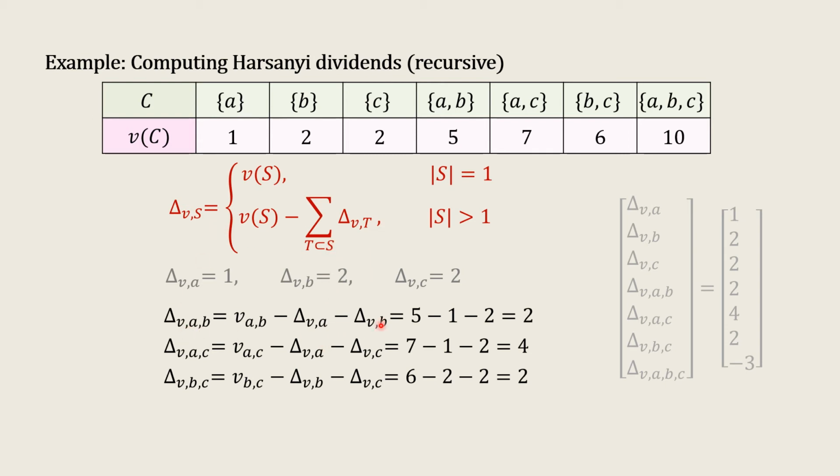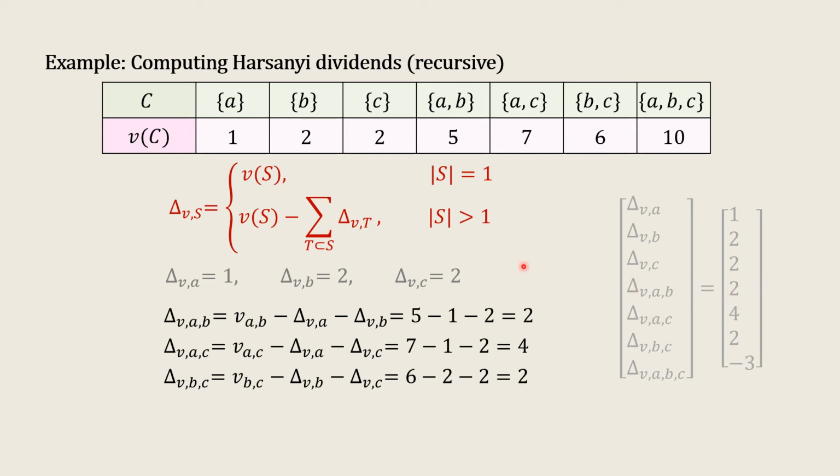A and B. So we have negative delta A, negative delta B. And plugging in the values, we get V of AB equals 5, minus delta A equals 1, and delta B equals 2. So 5 minus 1 minus 2 equals 2, which verifies